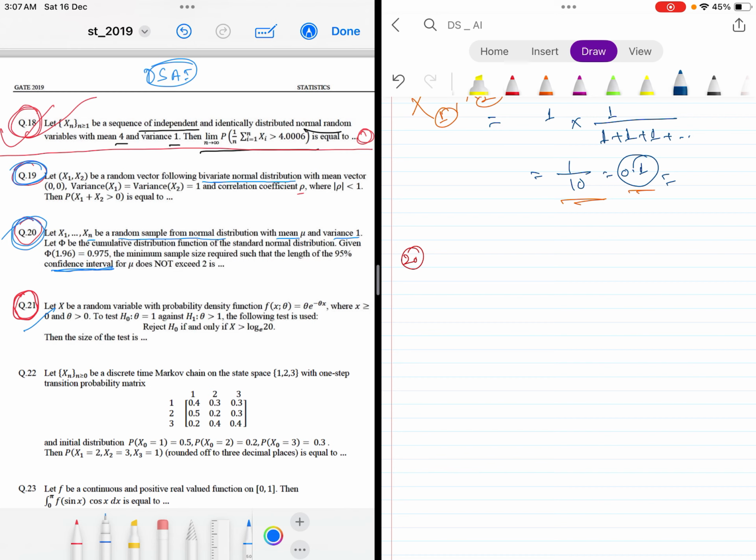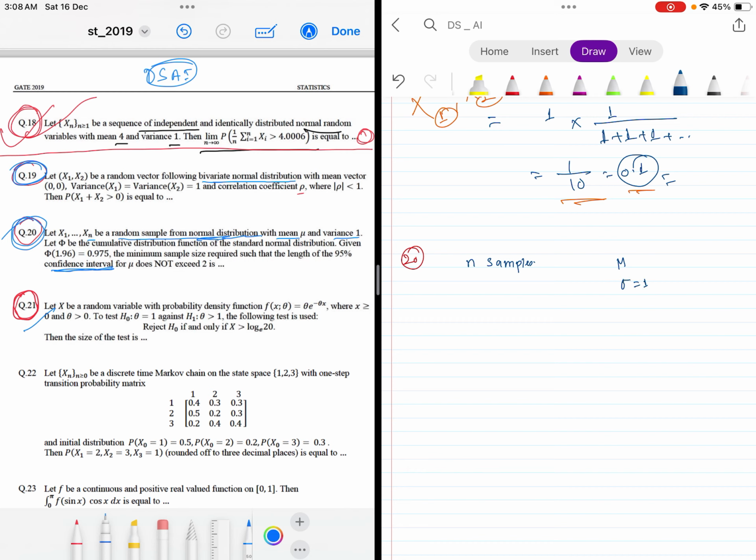So we have n samples, and all these samples have been taken from some normal distribution that has the mean mu and the variance sigma squared equal to 1,